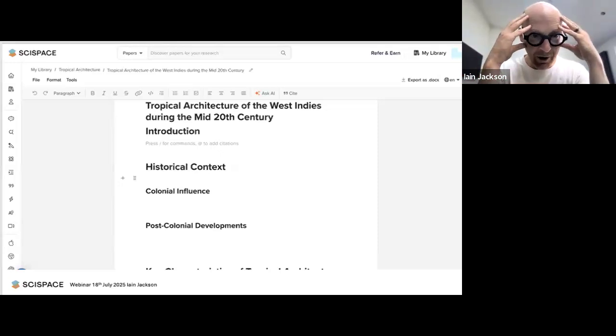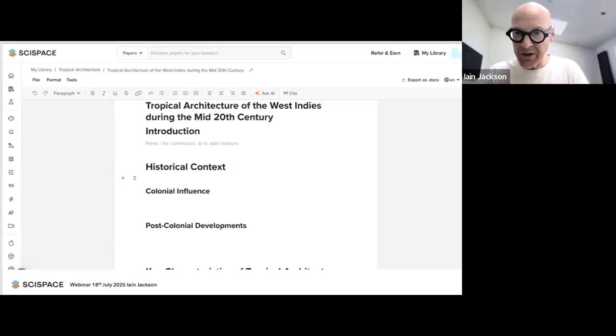But we also want to move beyond that. We need to type and we need to have some structure. And you can use the notebook in SciSpace and you can save that into your folder. You can put a prompt in first to say what kind of output it is. I think I said here I'm doing an essay on the tropical architecture theme, and I've used it to generate an outline. So it provides some useful headers and a structure.